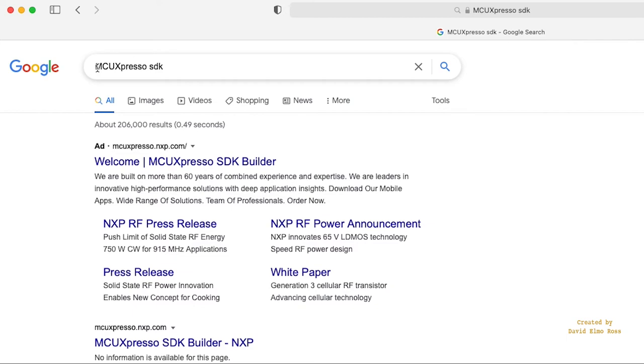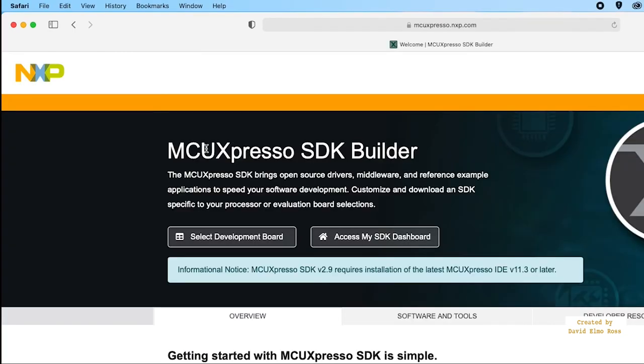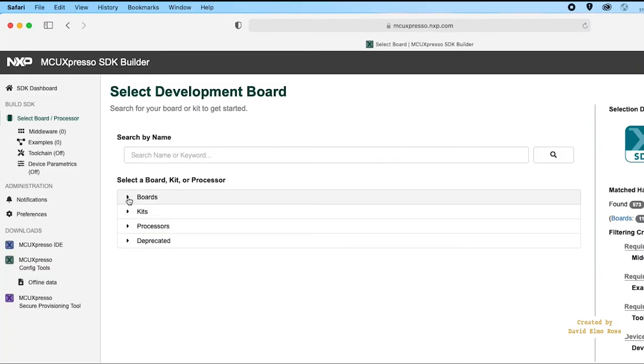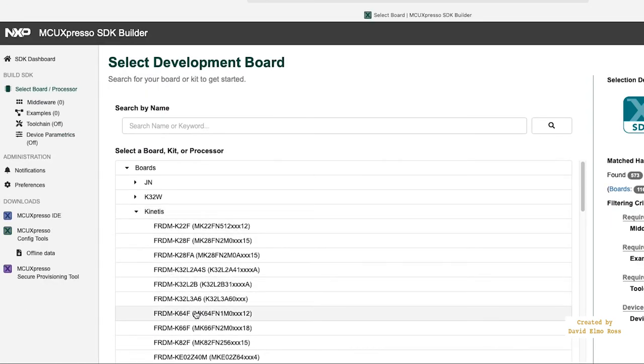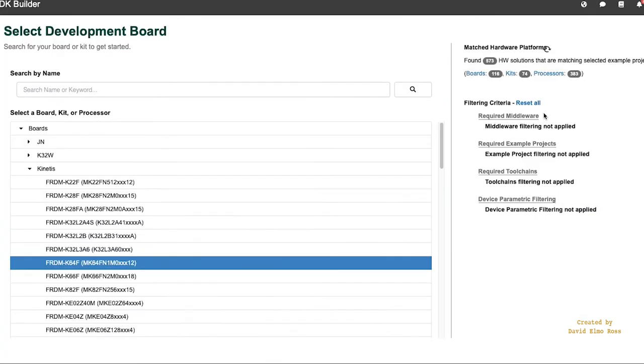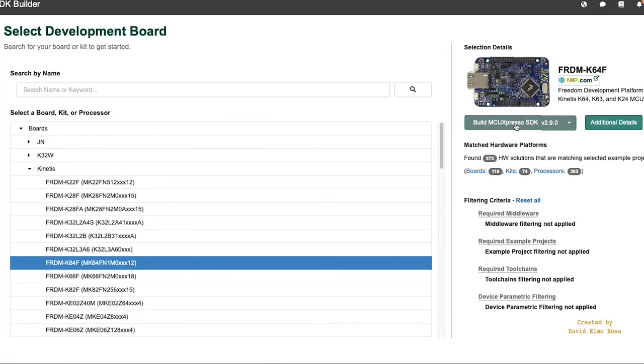To get the SDK, we just type into Google MCUXpresso SDK, and we're not going to go to the one that says ad here, we're going to go to the one here. And when we click on this, it's going to say MCUXpresso SDK Builder, and we're going to have to select our development board. Under boards, we're going to go down here to Kinetis, and under Kinetis we're going to go Freedom K64, this one here, and over on the right it's going to then say build MCUXpresso SDK. Now we're going to use the most current one, which is version 2.9.0, at least at the making of this video. We're just going to hit build,